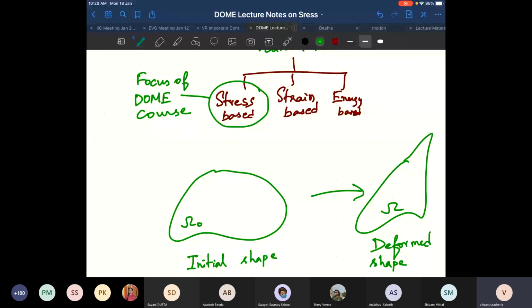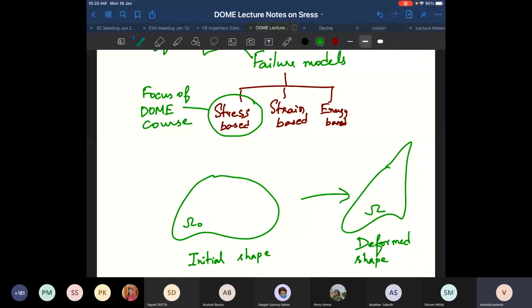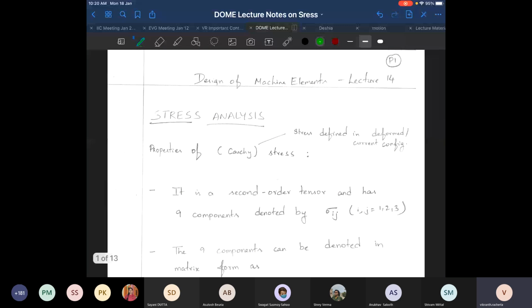Now the quantity that you're all familiar with is defined on the deformed shape. So as far as stress is concerned, what you're all familiar with and we talk about is something called Cauchy stress, and this is defined in the